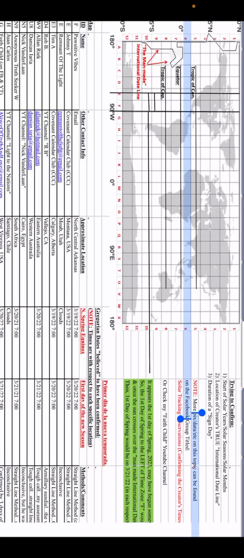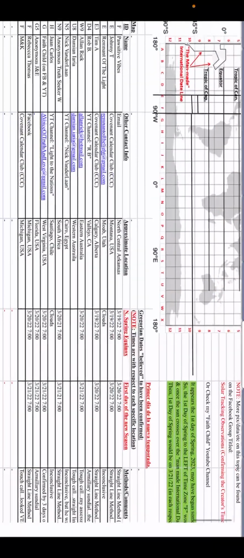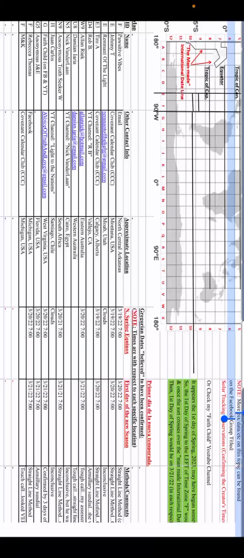But congratulations and hallelujah for everyone who made an effort this year. It was so wonderful to see so many people trying to collect sundial data this year, and I think there was a learning curve for a lot of them, but I know it put a big smile on the Creator's face, and I'm looking forward to seeing everyone try it again next year, feeling much more confident about all the data they collect.